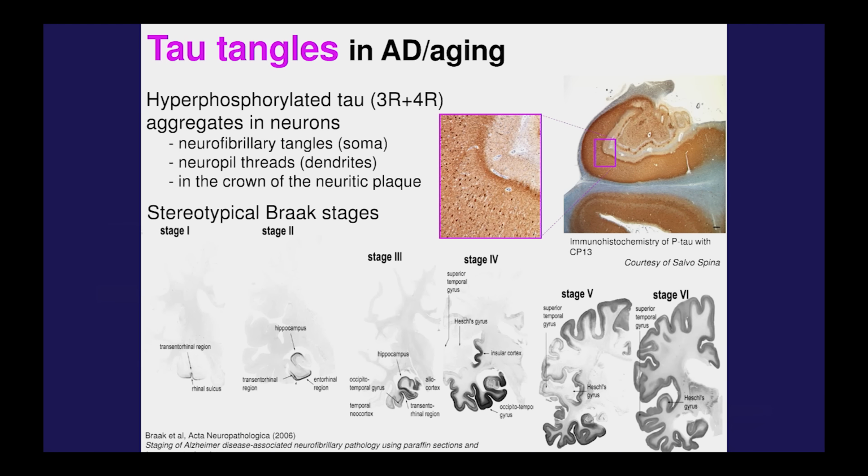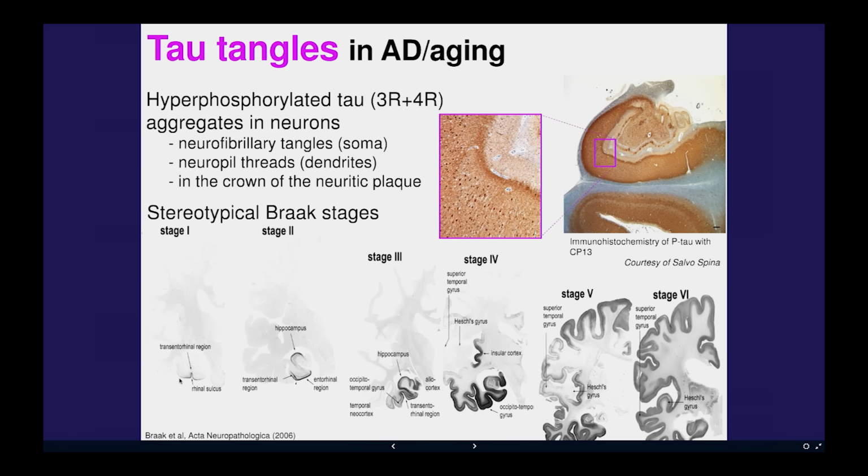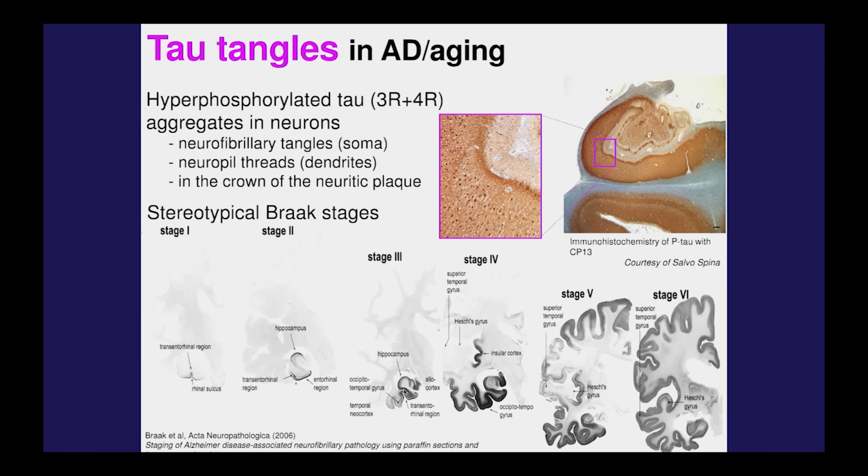And regarding the tau staging, tau seems to have a much more predictable way in which it spreads in the brain. And it seems to always start close to the hippocampus in this region called the transentorhinal region. You don't need to remember that. Some of us don't even remember that at times. And then it starts spreading from there to the hippocampus, and then involves more of the hippocampus and of that part of the brain called the temporal lobe.